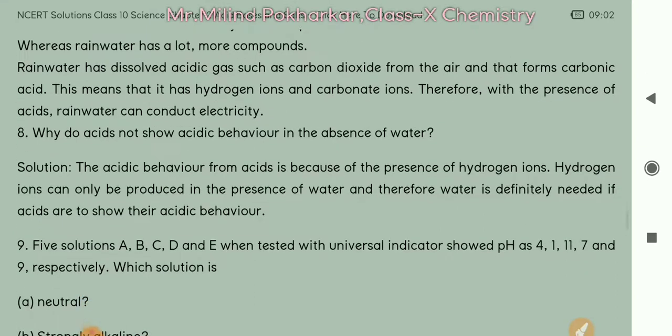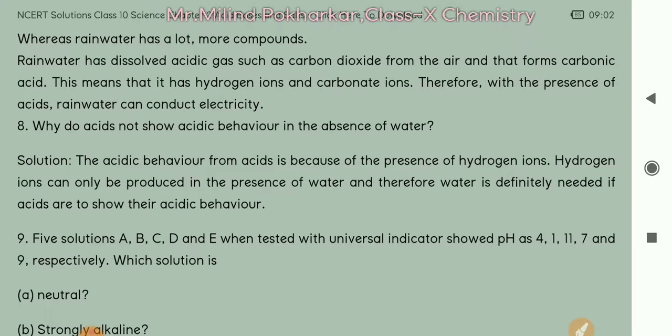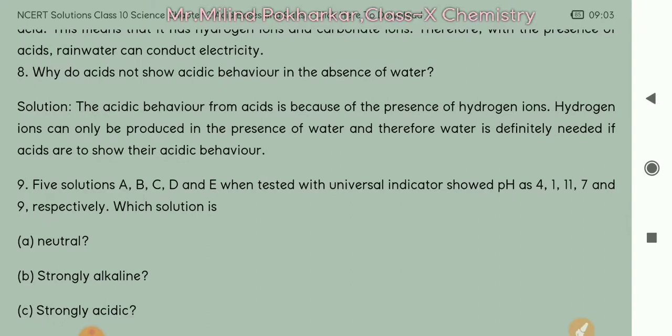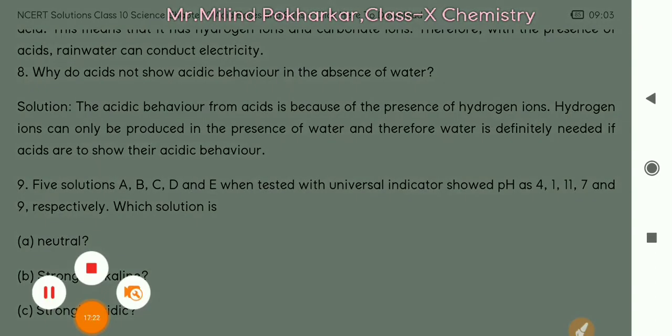So H plus ions produce करने के लिए water का presence होना ज़रूरी है. So in absence of water, the acid doesn't ionize, and that's why it doesn't produce the ions. And if ions are not produced, then the acid does not show as acid. It will be acidic, but we cannot indicate that this compound has H plus ions in it. Okay, so next question is